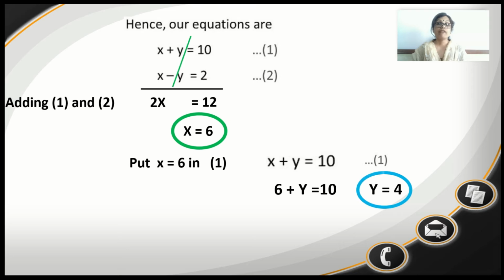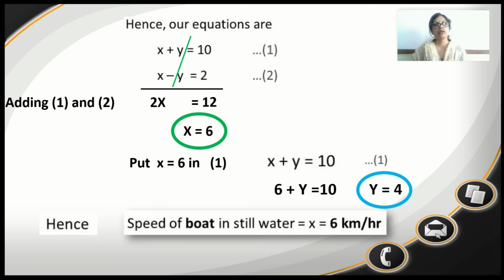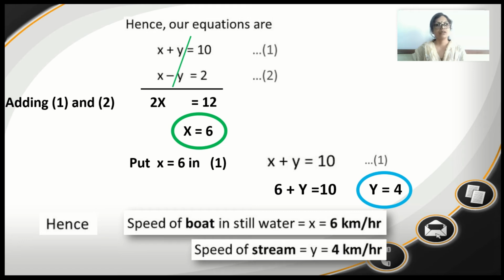But what have we taken x and y as? So we'll write, therefore speed of boat in still water is x kilometer per hour, and speed of the stream or speed of the current is equal to y, and that we got as 4 kilometer per hour. Children, keep one thing in mind, that whenever you are given word problems, values of x and y, you will take what you are asked. The last statement, what is asked is your x and y.